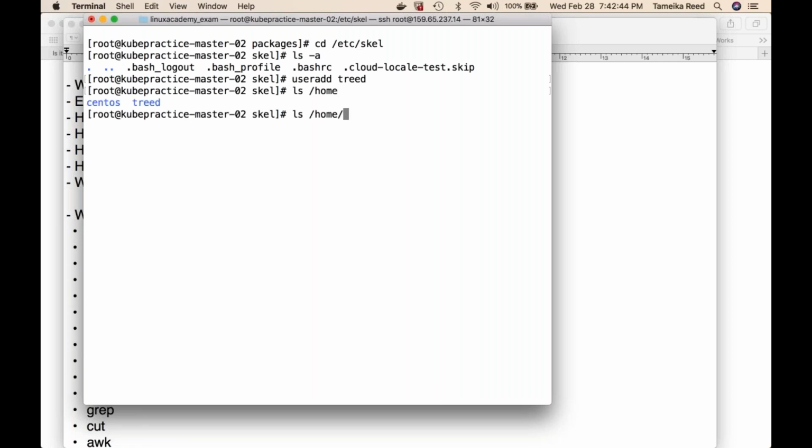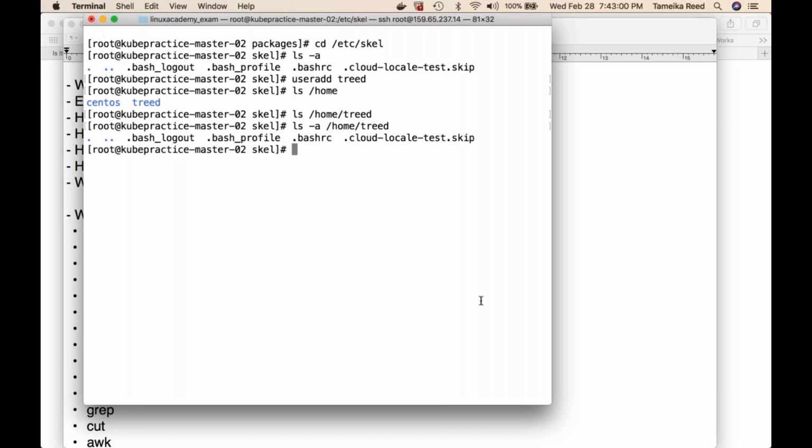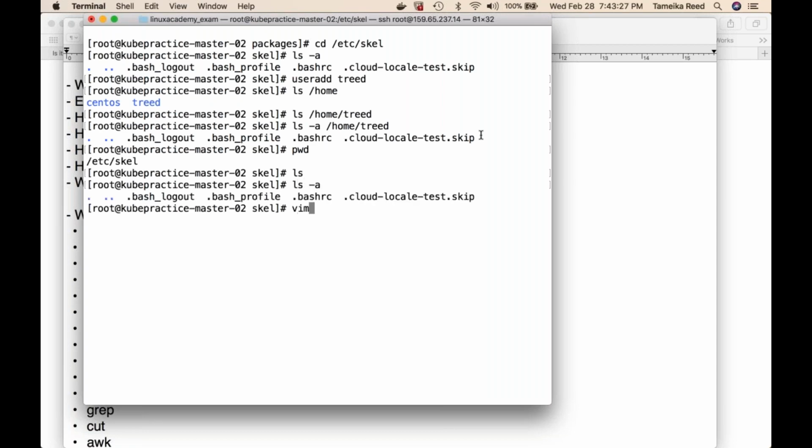Also in /home, under tread, you don't see anything, right? Because I just did an ls. But if I go back and do this with ls -a to show me hidden files, I'm going to see those same files that I saw up here under /etc/skel that got created in my directory. So say I have a whole bunch of users and I want all their directories to have the same links and so forth and so on. And I'm in /etc/skel. So let's do this. Let's make a file, and let's call it